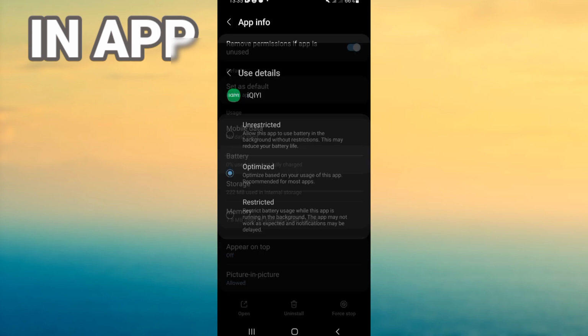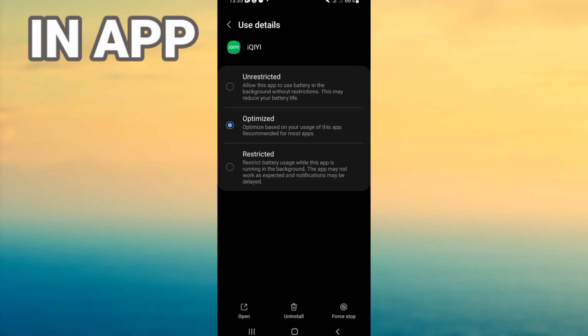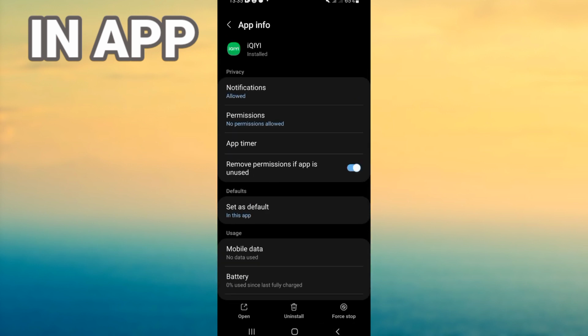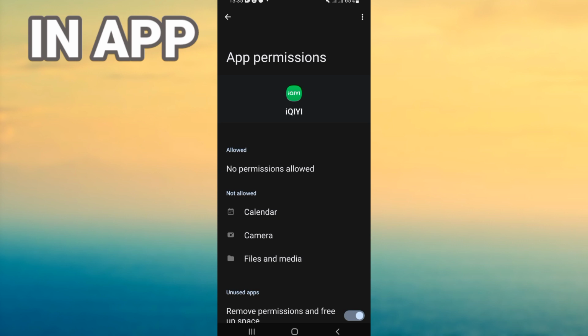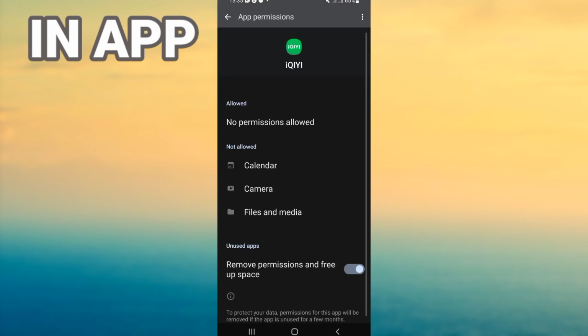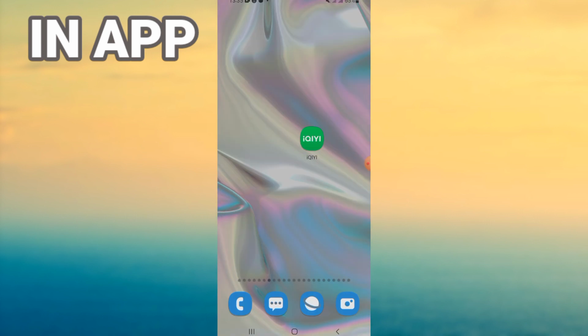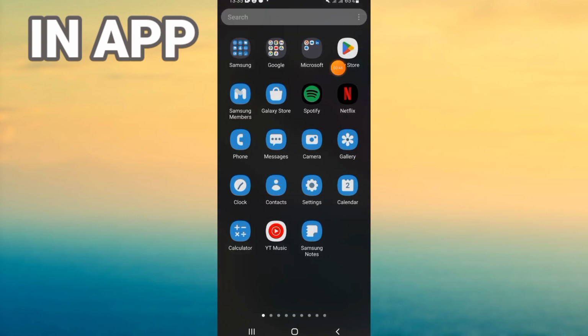Come to battery right now, and you need to turn it on optimized mode. Go back, next come directly to the permission option, and make sure that you give permission to files and media only, like this. Go right now, turn on your airplane mode,